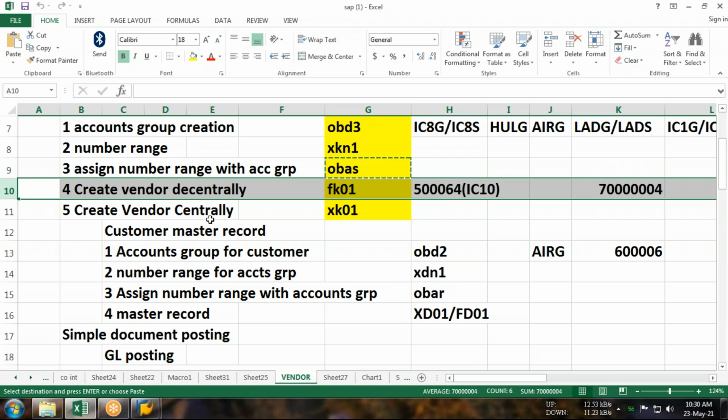Don't worry, guys. Today we are going to understand how things get done in SAP. Decentrally means we are going to maintain the record in 2 data segments, that is basic data and company code data.